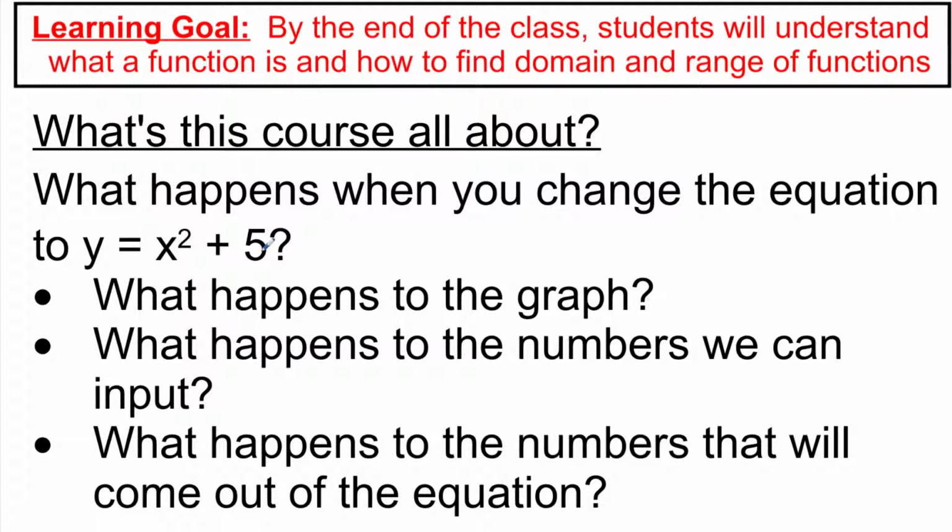Okay? We're also going to be asking questions like, because I put this +5 on there, are there now different numbers that I'm allowed to input or different numbers that I'm allowed to output? I could also do something like this, and now say, okay, this is still something squared. It's still the same type of equation. How does the graph change when I do this? Are there any numbers that I'm not allowed to input here, or are there any numbers that I will not get out of this? And so we're going to be asking those questions every single time we introduce a new